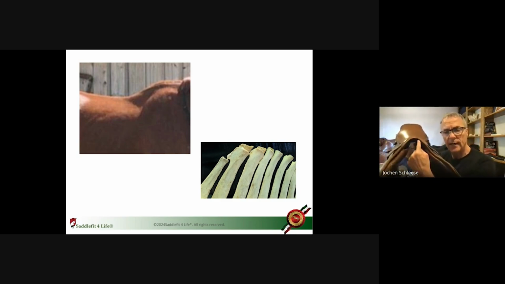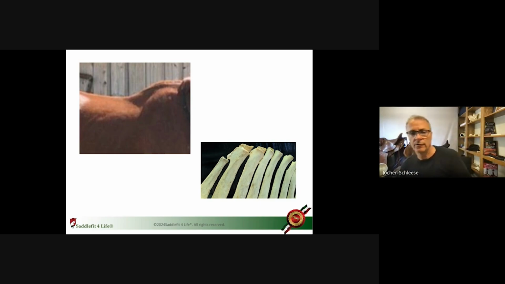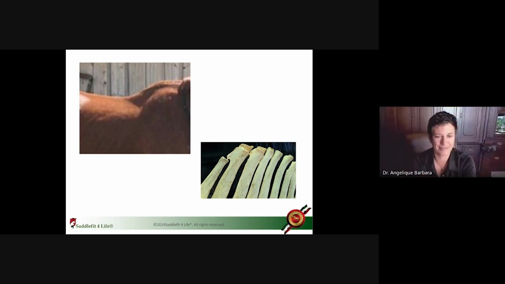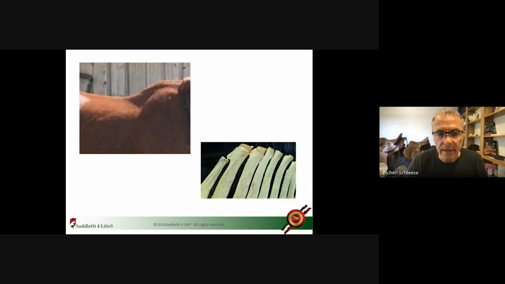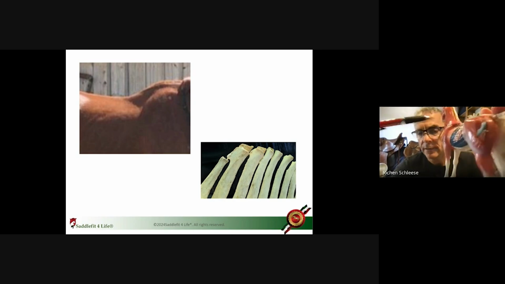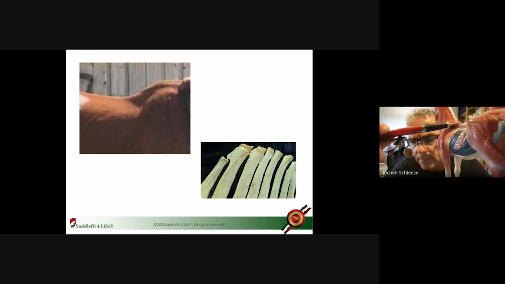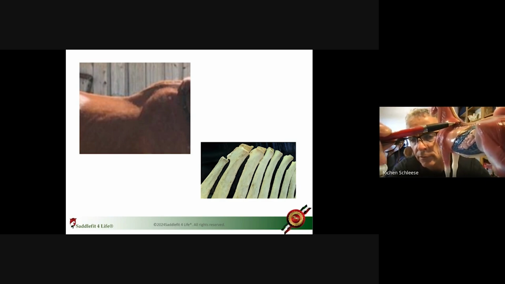So why is this so high? Because we buy a lot of horses from the racetrack, and we have a lot of horses, like we already discussed, in an international sport, who are either ridden upside down, have other problems, or didn't train properly, but they're winning. So the only way they think they can fit it is by putting so much pressure on a group of muscles which are so important for the horse to carry themselves. If you look at how deep and how many muscle groups, I mean, I'm preaching to the choir here, but for all you folks who are watching, there's a lot of tissue you don't want to squish.